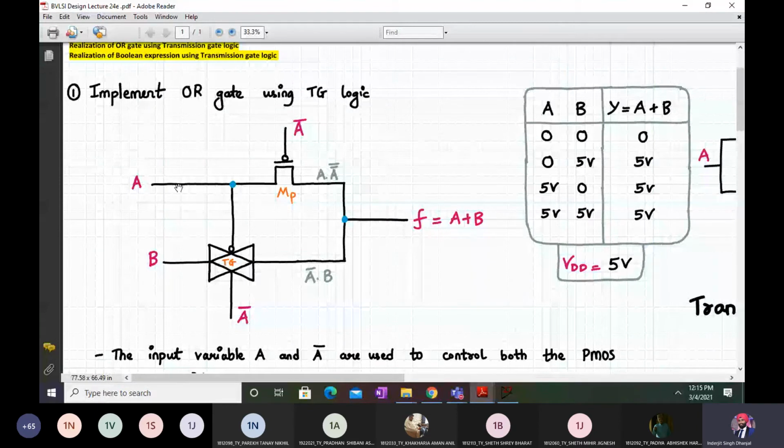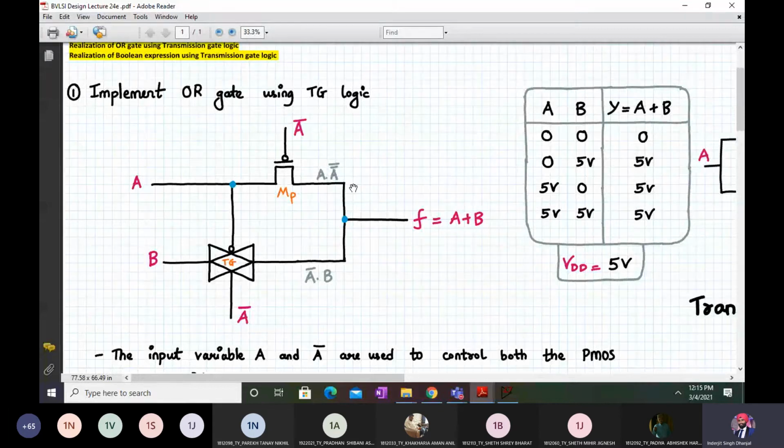Okay, and A is 1 over here, so it is passing strong logic 1. We don't have to worry about whether it will pass strong logic 0 or not, because that condition never arises, because this PMOS transistor will be on whenever A is 1. That means A bar is 0, so that is applied to the gate and it will pass A, which is 1, logic 1, so it will pass logic 1 perfectly.